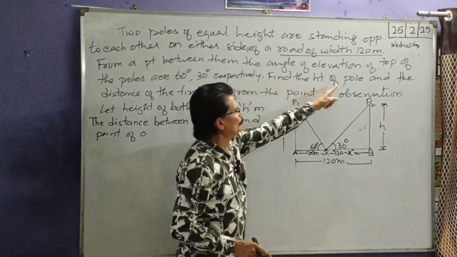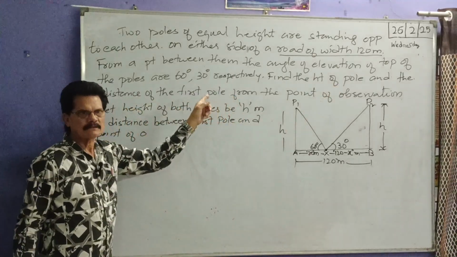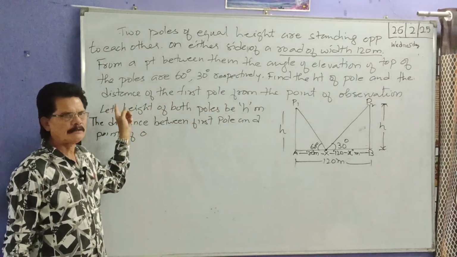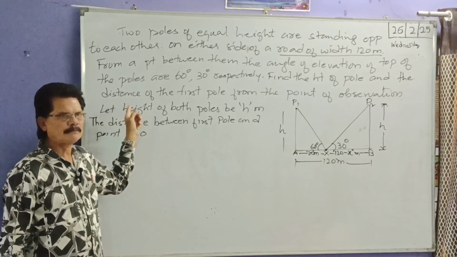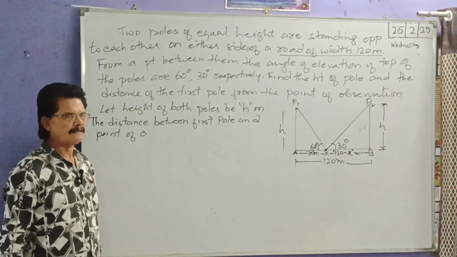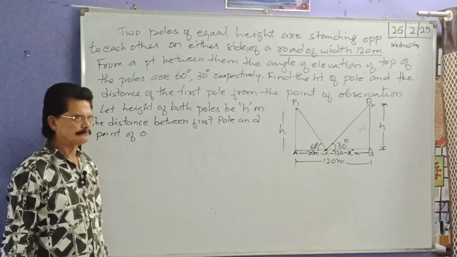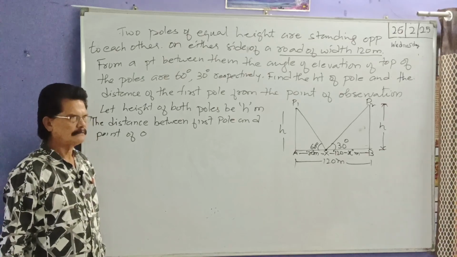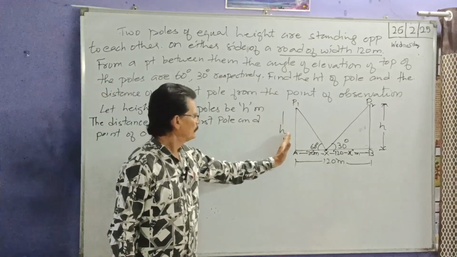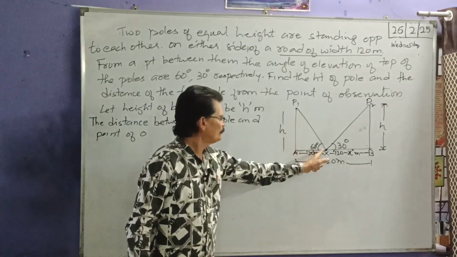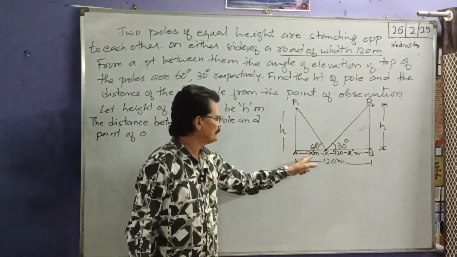Find the height of the pole. Let the height of the pole be h. Right? And let the distance between the first pole and the point of observation be